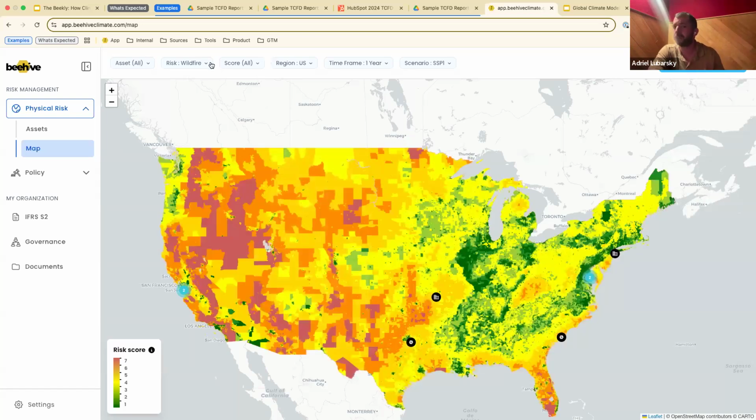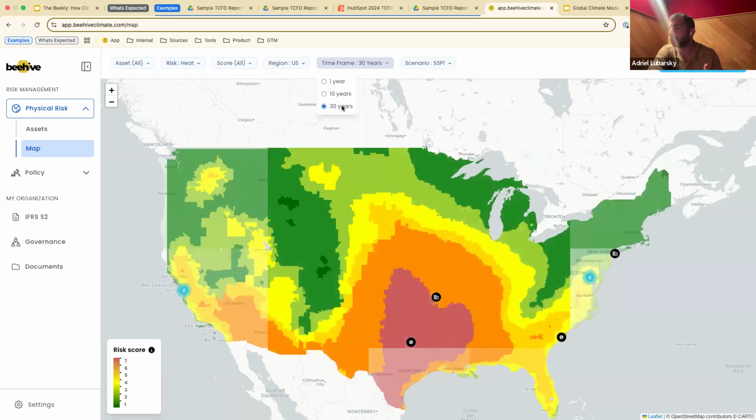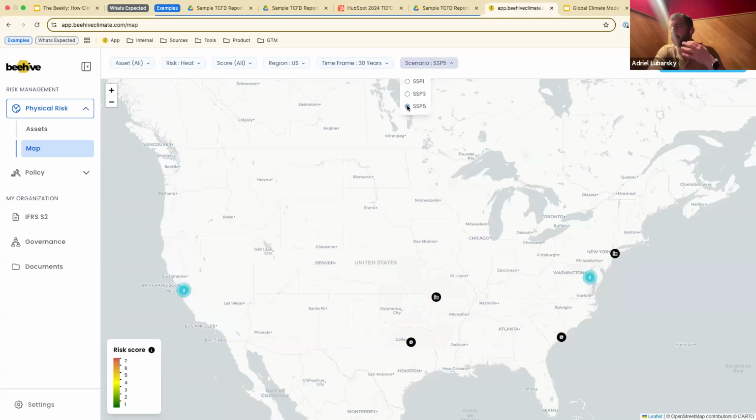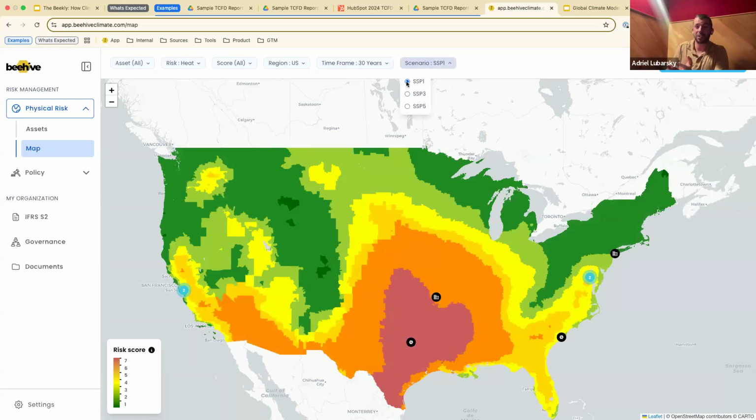So this is a risk map of wildfires in the United States. This is flood. This is heat. This is how it changes in the medium or the long term. This is how you might consider it if climate change is really bad or if it's not so bad. And so you automatically get to see all this work. Everything I just did in 4 seconds normally takes a consultant a very, very long time. And many of your options are just doing it one location at a time and maxing it out at 10 or 15, because who can possibly do this for the hundreds of locations in which you might have employees, for example?